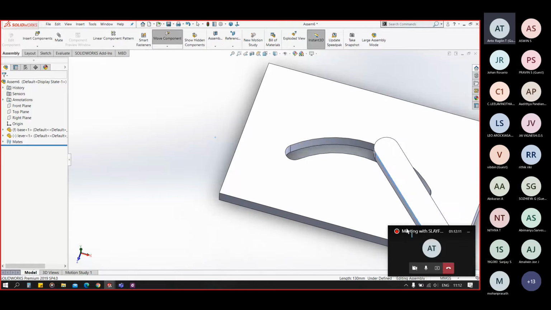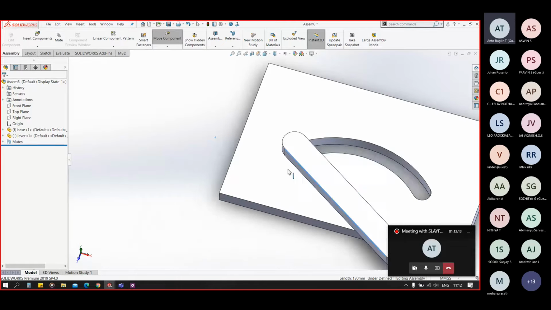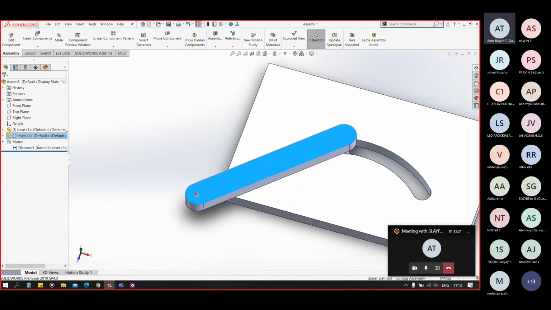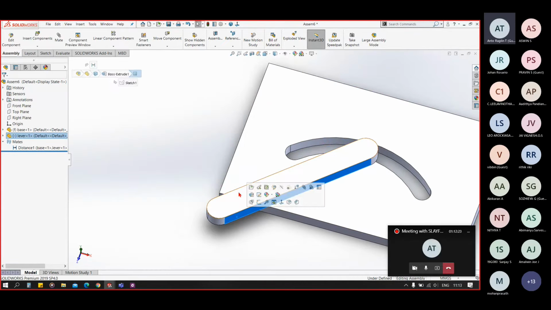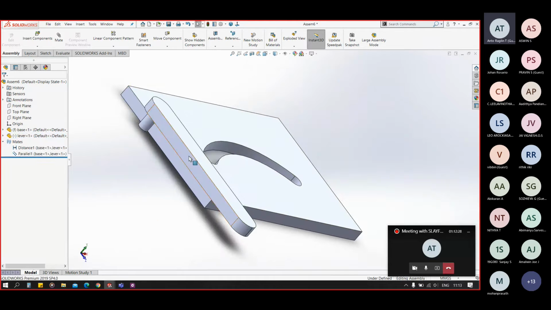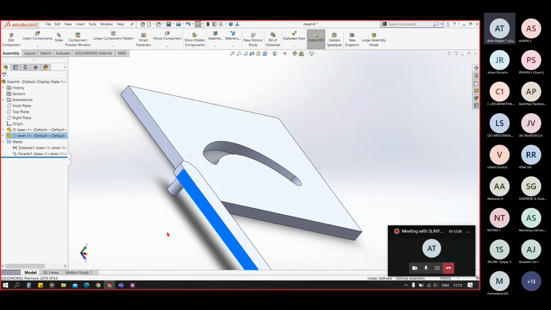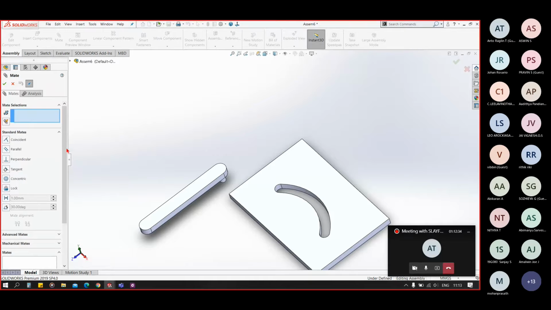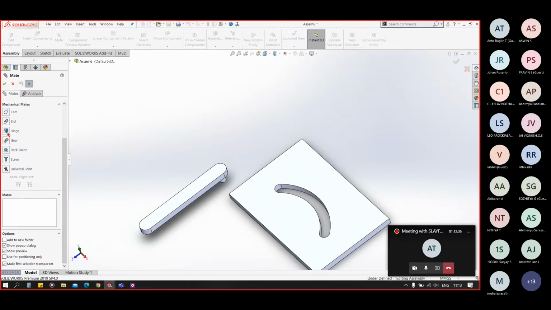So this is the slot mate. I'll repeat that again, and this time I'll also fix this type of motion. Now let's go to the mechanical slot.